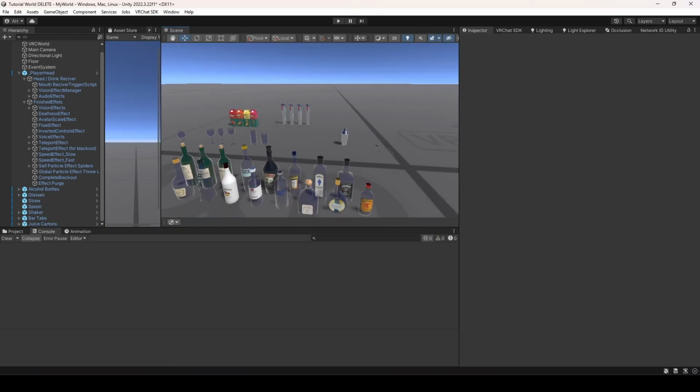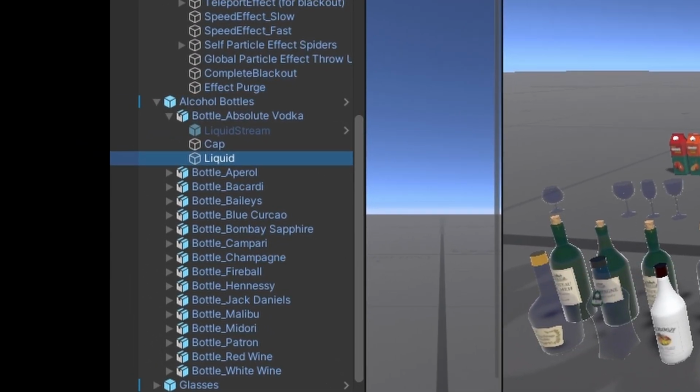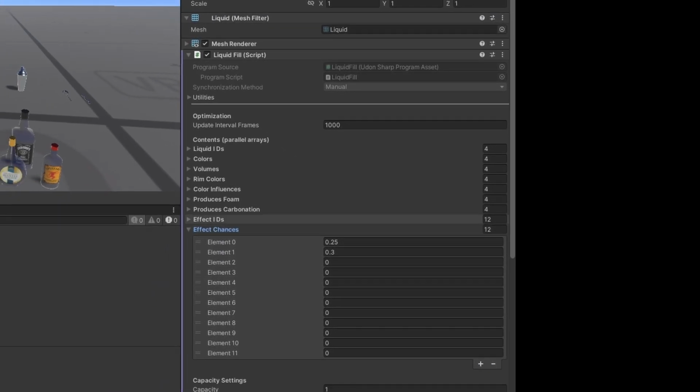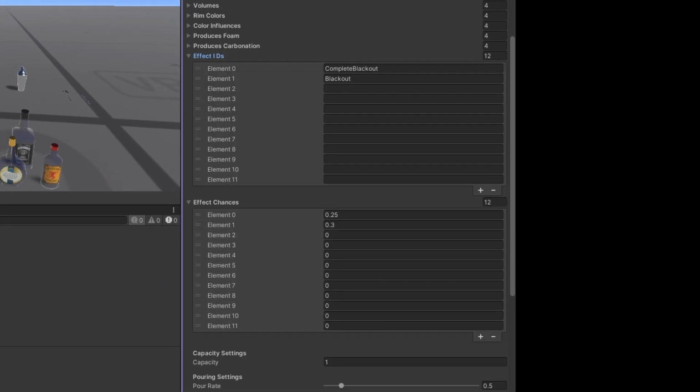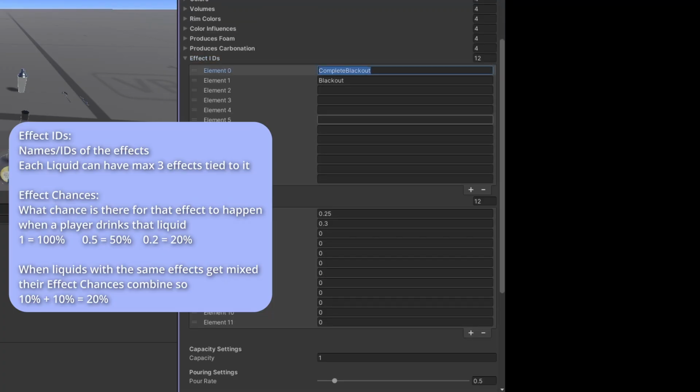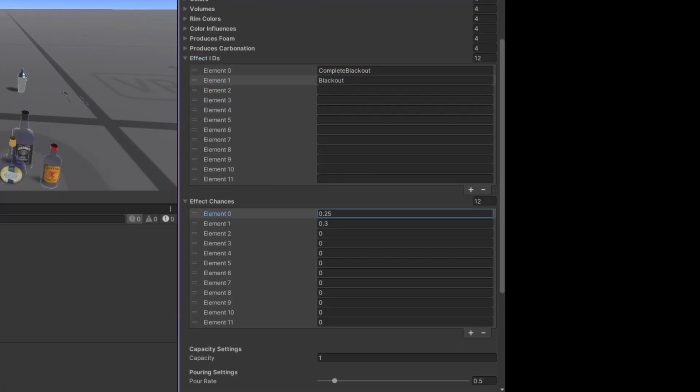Of course, there's also the effects, which you might also want to check if they are working. For those, I would recommend going into your alcohol bottles and testing them out on, for example, the vodka. So what you can do is you can click on the liquid, and then there's this liquid fill, and there's effect chances and effect IDs. So you can see for this liquid, so for the vodka, it has this complete blackout and blackout effects. And the effect chances are there's a 25% chance of the complete blackout happening, and there is a 30% chance